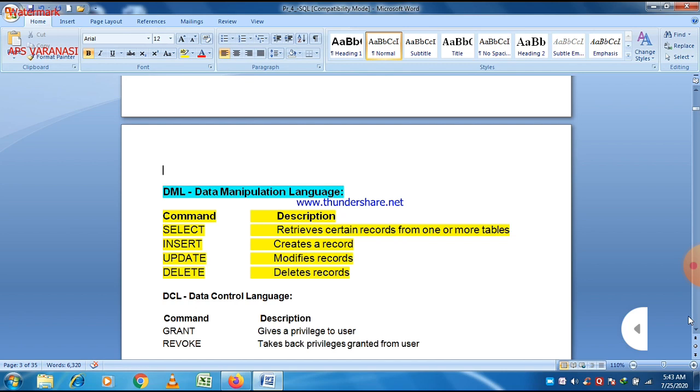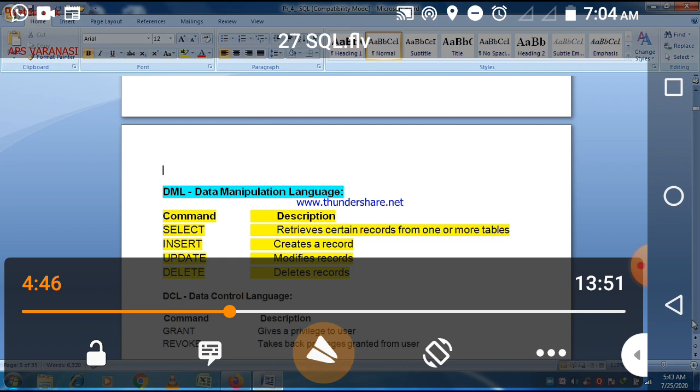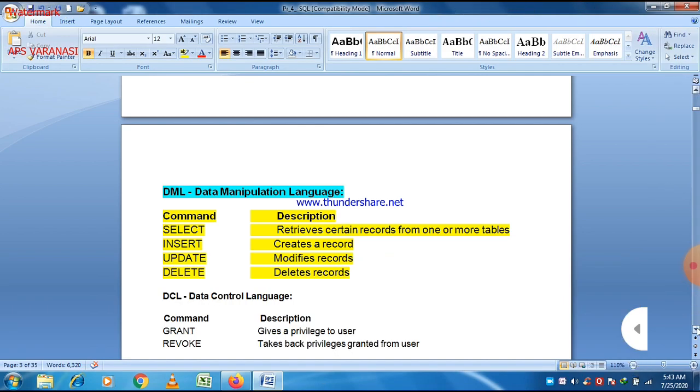Using the drop command we actually delete the entire table with its structure, but using the delete command we are able to delete the data of a table, and the structure remains the same, even if all the data corresponding to the table is deleted. So the delete command is basically used to delete the data of a table. So these are the four important DML commands, and I told you that most of the commands fall in the category of DML, and some of them are the select command, insert command, update command, and delete command. So these are some commands used for data manipulation.